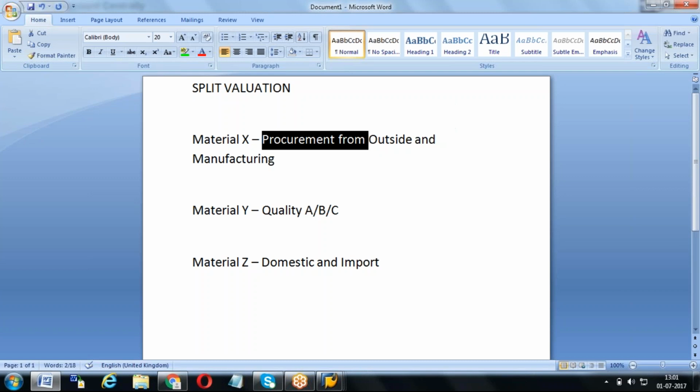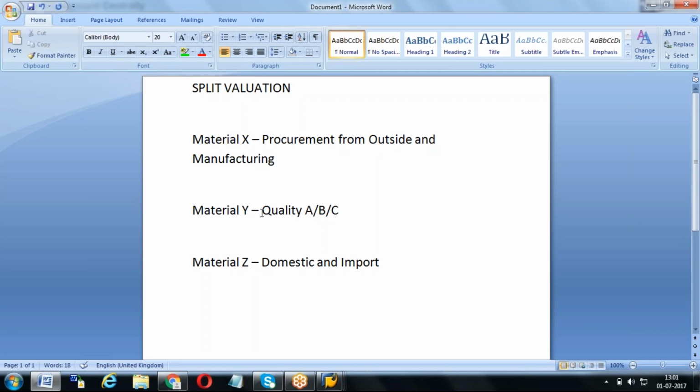Coming to quality, there is one material, you have quality A, B, C. Quality A will be used for certain kinds of products. B quality will be used for some dog biscuit manufacturing, or some kind of animal product. C they can use for some kind of fertilizer preparation.